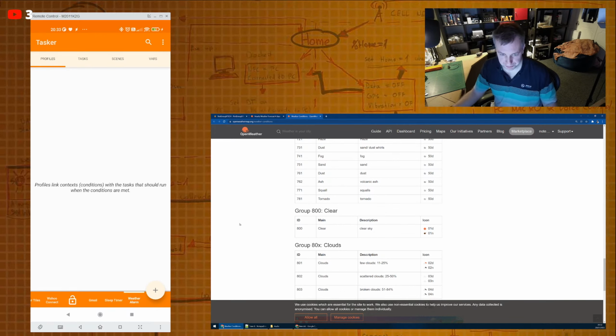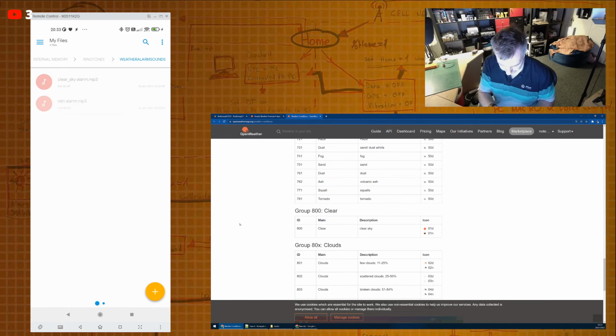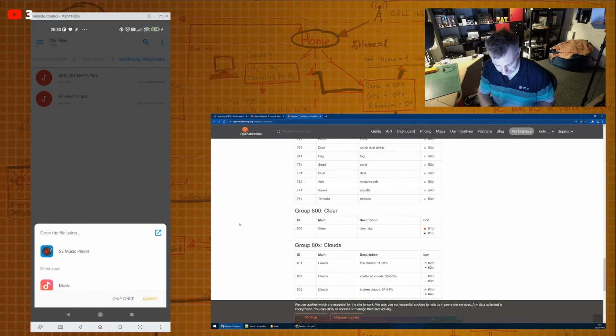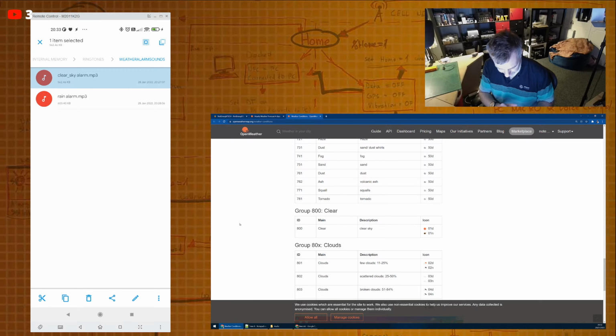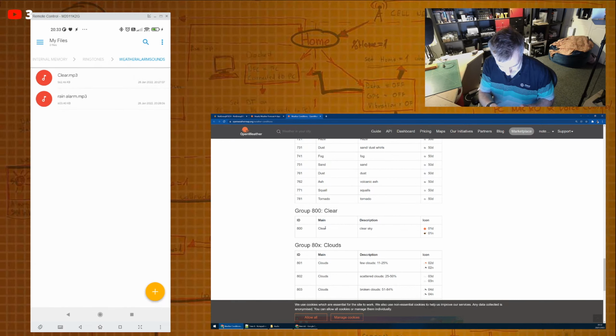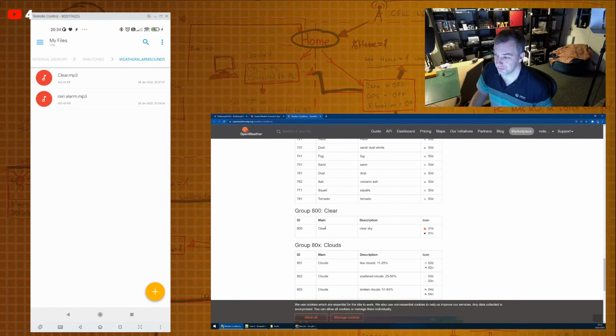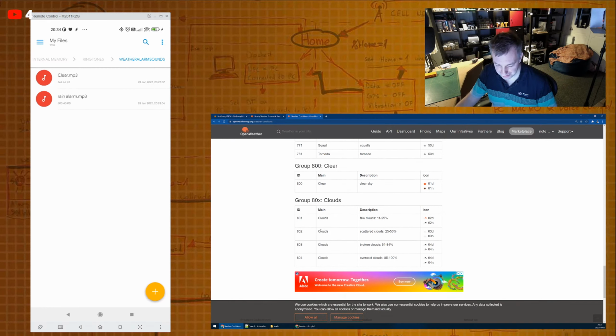So now if I jump into my file manager, I have my weather sounds. You remember that clear sky one? If I just rename this to clear, it's spelled with a capital C, so let's keep it this way as well. I will be able to use this as is. I don't have to do anything else. As long as I follow this table in here, then I can play clouds when it's cloudy. And so